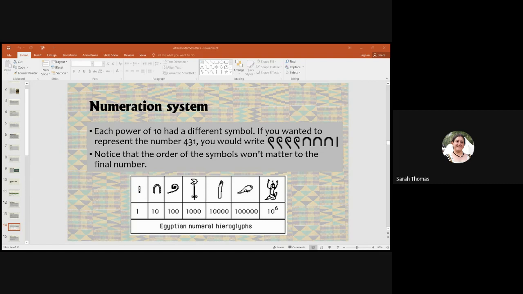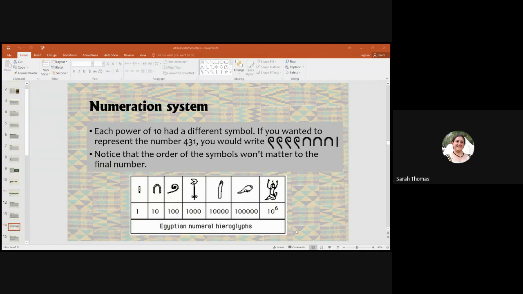But the way that the Egyptians did it was, if you wanted more than one of those, you would put more than 1. And if you meant 10, you would put this little kind of inverted U shape, which is a hobble. And then 100s are represented by coils of rope, 1,000s by a lily pad, 10,000s by a finger, 100,000s by a tadpole, and 1,000,000 by a guy with his arms up going, oh my gosh, that's a big number. So that's what their numeration system is.